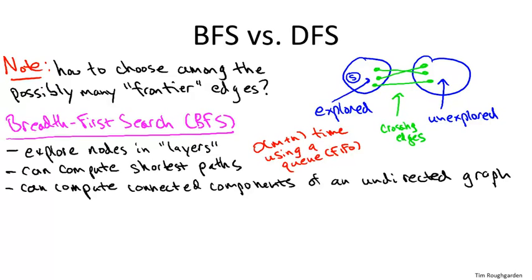So the second search strategy that's super important to know is depth-first search, also known as DFS to its friends. Depth-first search has a rather different feel than breadth-first search. It's a much more aggressive search where you immediately try and plunge as deeply as you can. It's very much in the spirit of how you might explore a maze, where you go as deeply as you can, only backtracking when absolutely necessary.